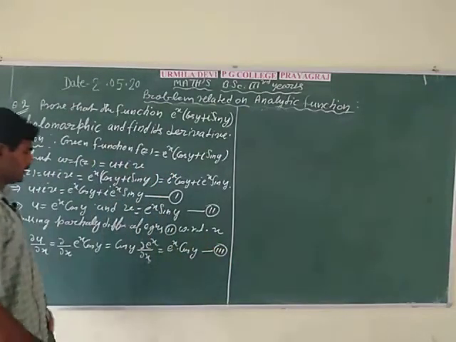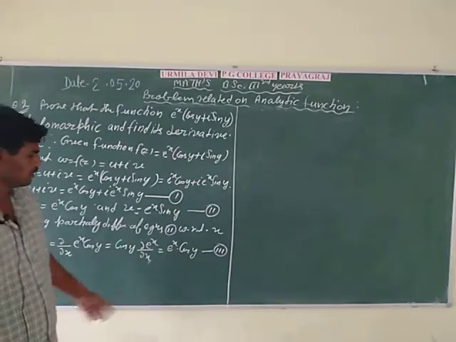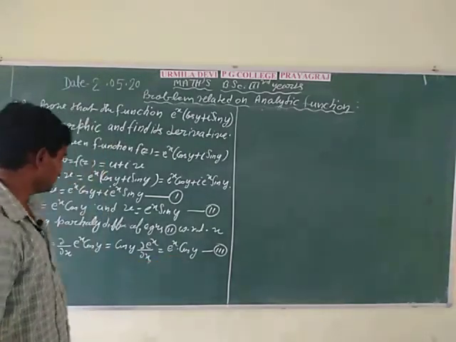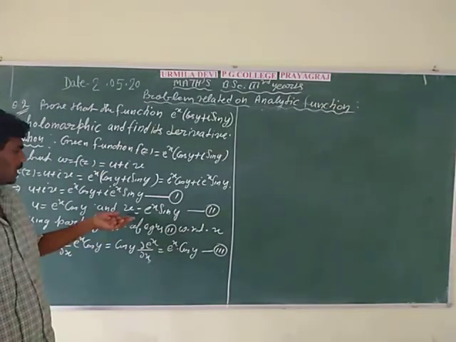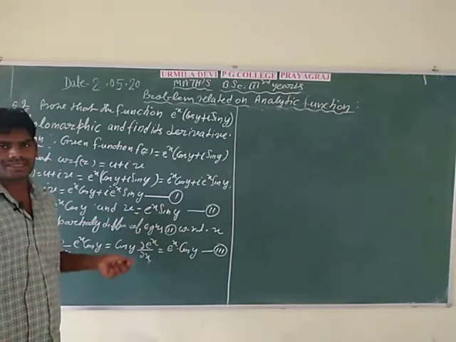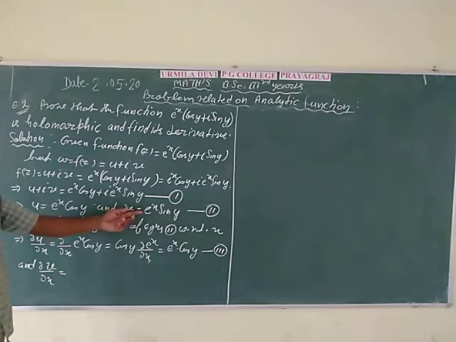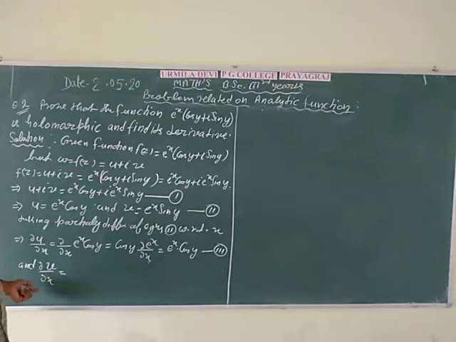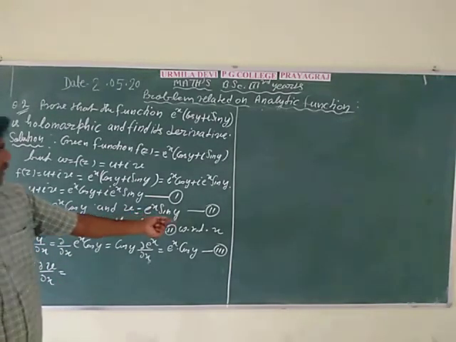So in equation 3rd, the value of del u by del x is equal to e to power x cos y. Notice that. And then taking partial differentiation of the imaginary part, where the imaginary part is small v, equal to e to power x sin y. So here, write del v by del x is equal to, putting the value of v in this partial differentiation, v is equal to e to power x sin y, which is represented in equation 2nd.